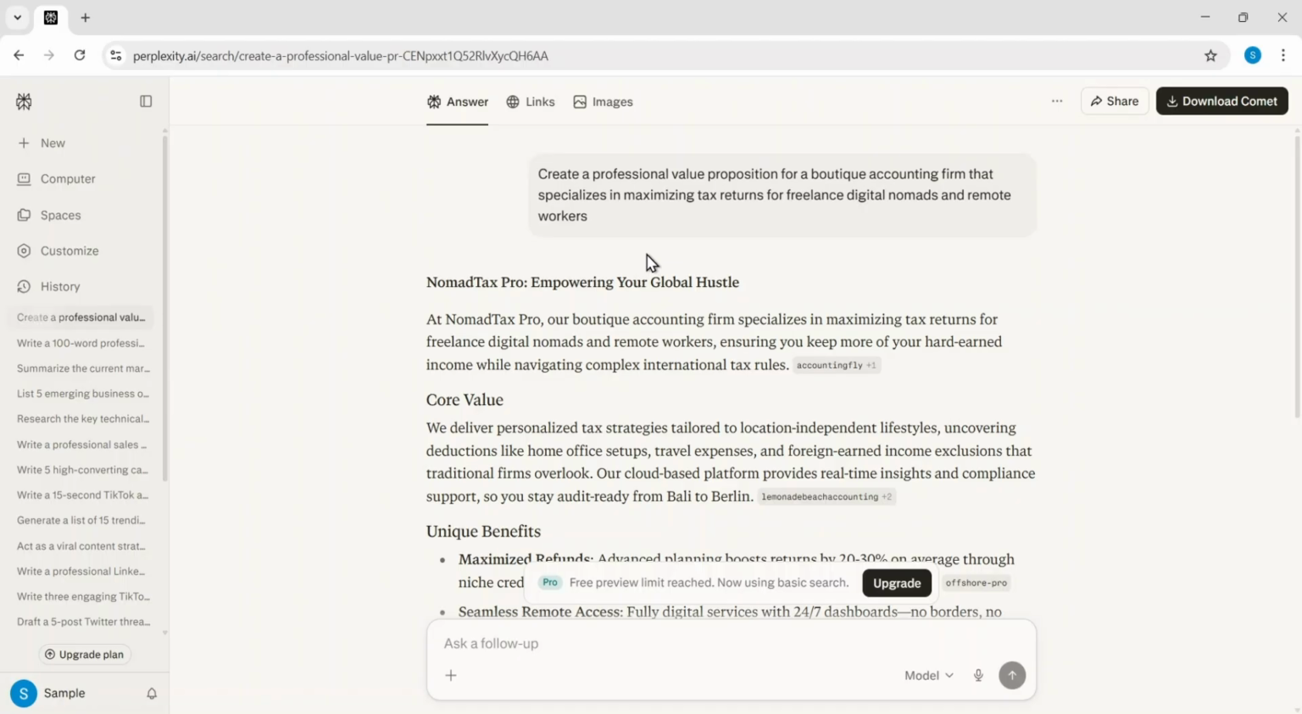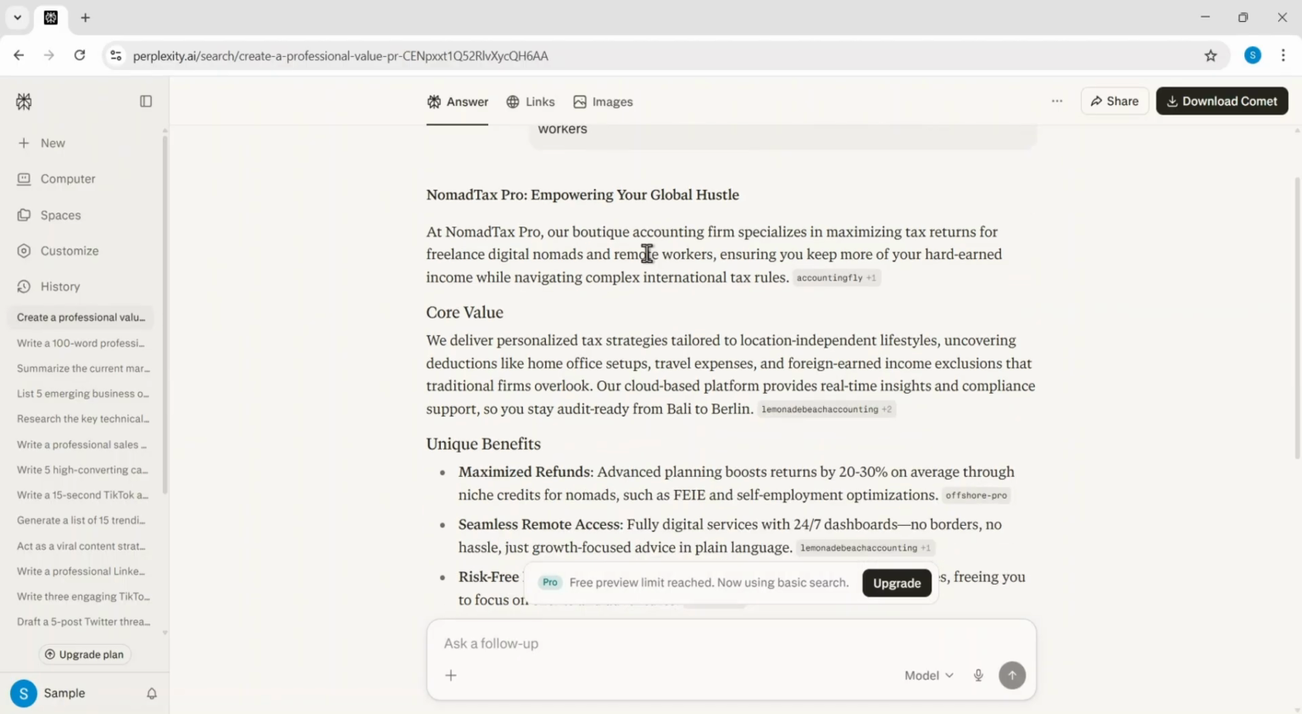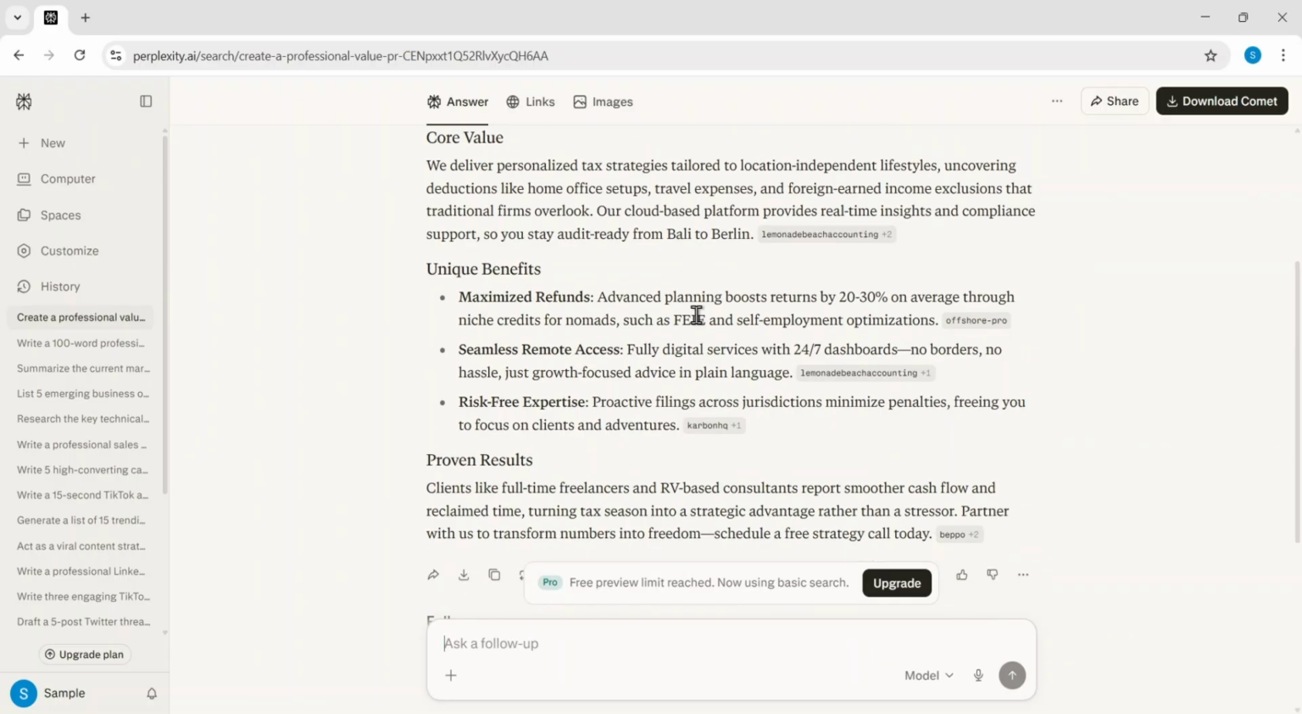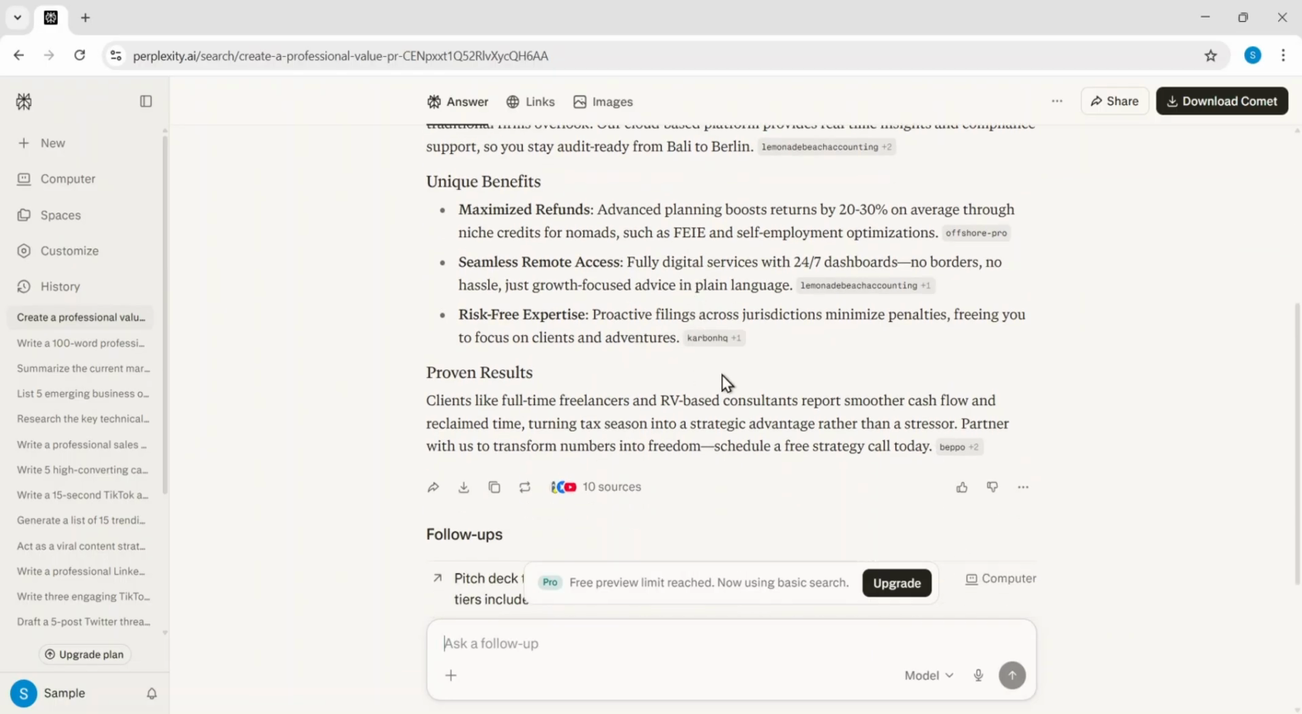The results highlight a core value of delivering personalized tax strategies tailored to location-independent lifestyles, while detailing unique benefits like maximized refunds and seamless remote access. It even suggests a section for proven results, giving me a professional foundation that effectively communicates the firm's specific expertise